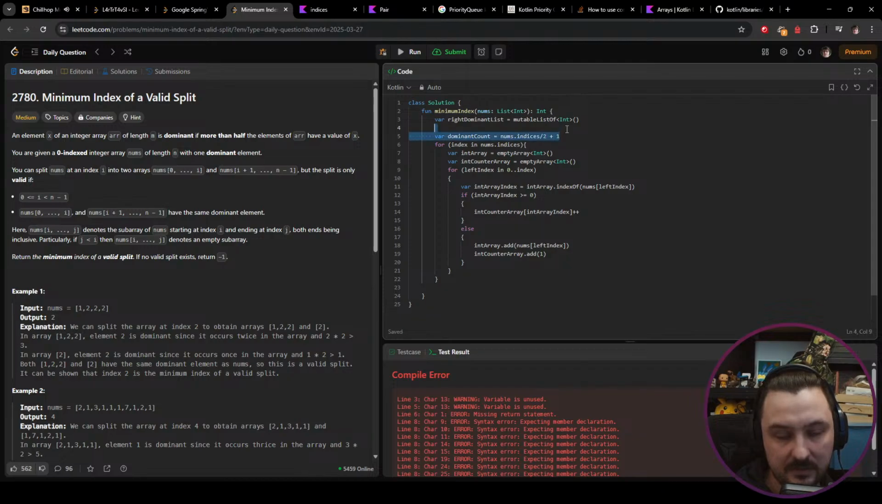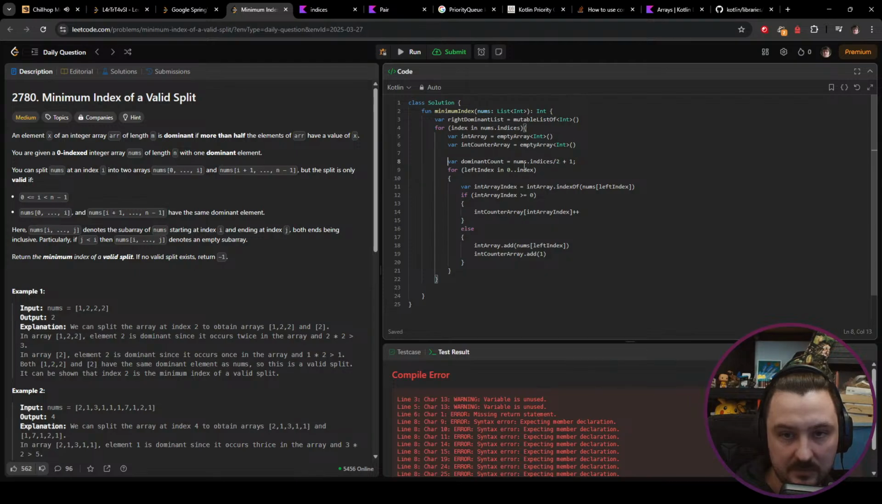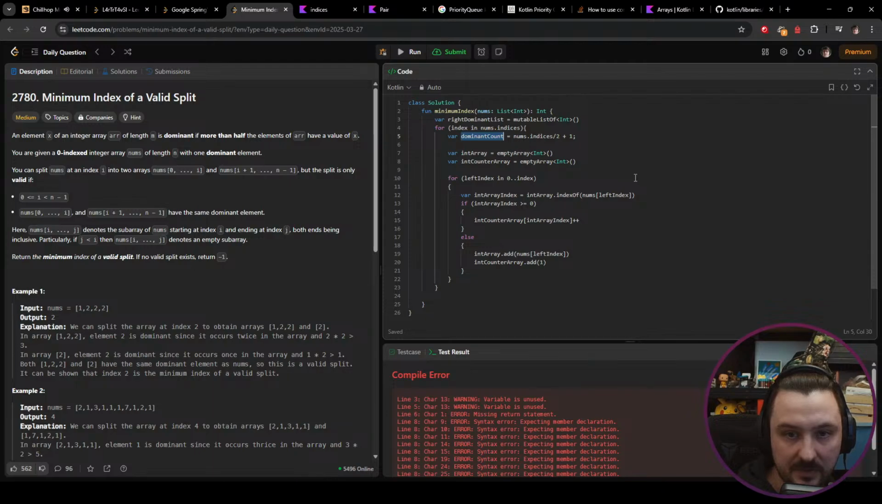And it will be a little bit in a different spot. It will be here for the optimization. Dominant count will be index divided by 2 plus 1. And the early exit here will be if